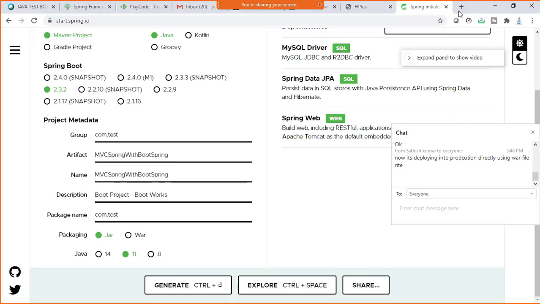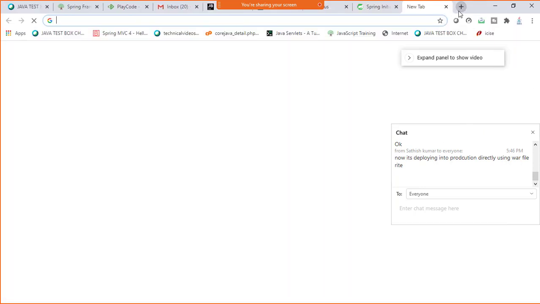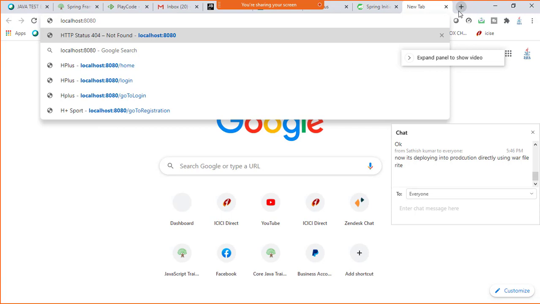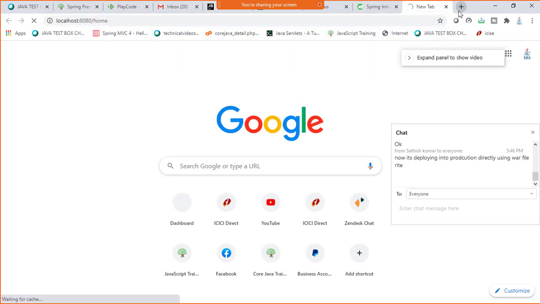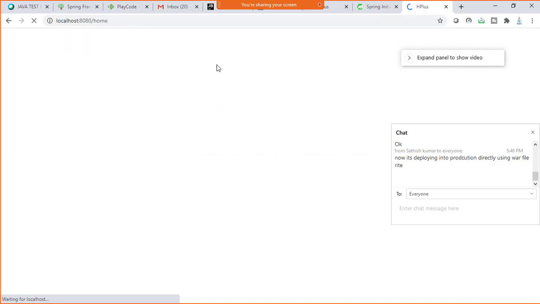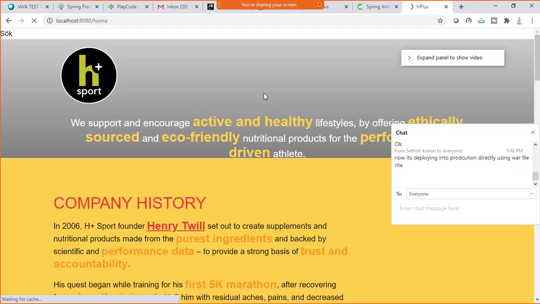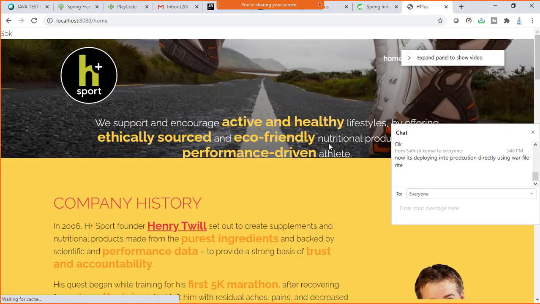Of course I will go to browser. This time localhost 8080, and we have a home controller. So the moment I press enter, that home controller should work, return the index.jsp, and it prints the entire index.jsp. CSS and the images are also coming perfectly fine.